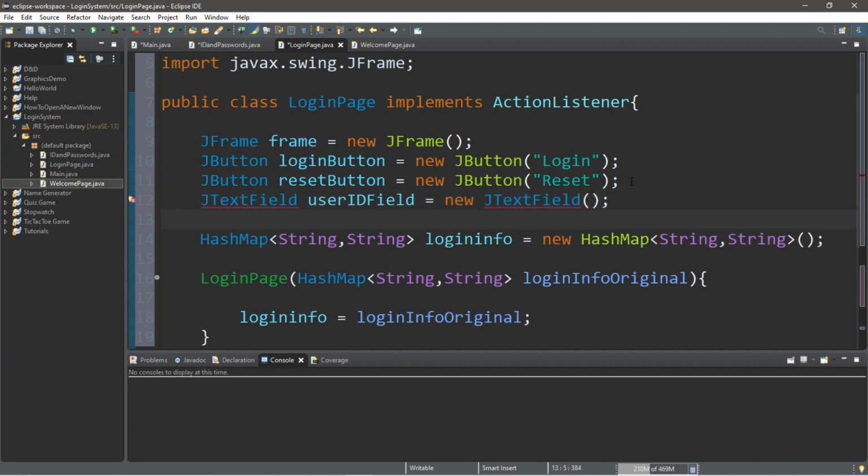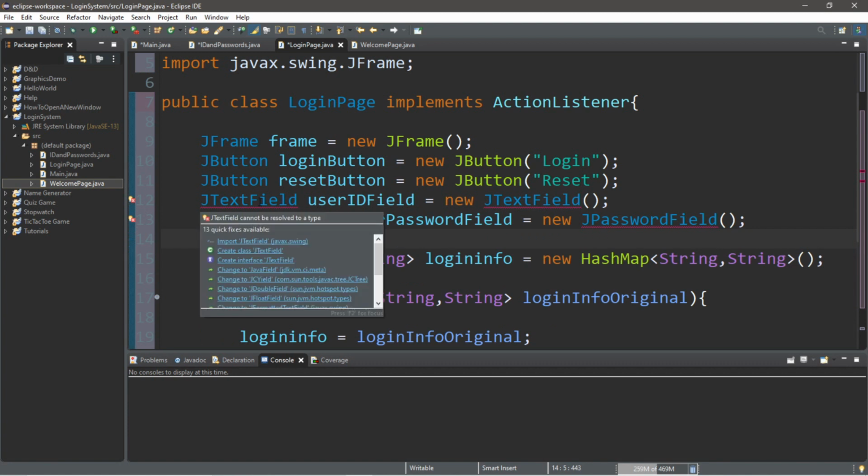We'll also create a password field, so JPasswordField, and we'll call this userPasswordField equals new JPasswordField. And then we'll import these as well.